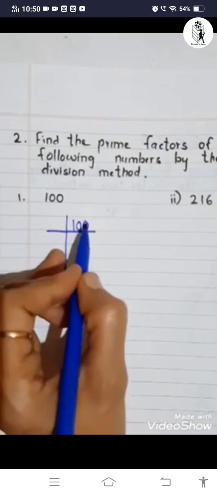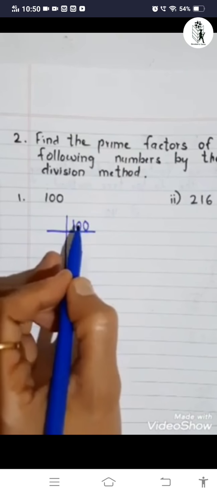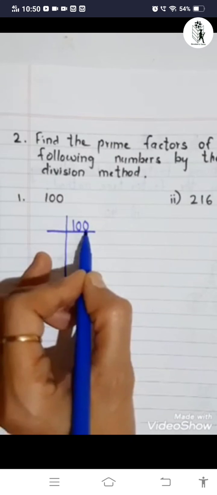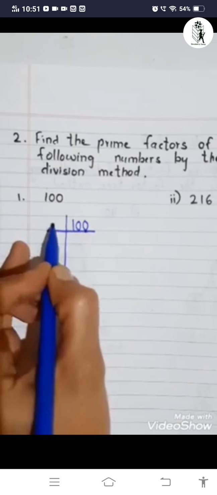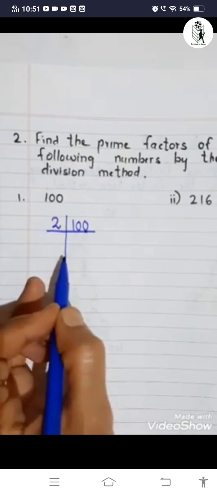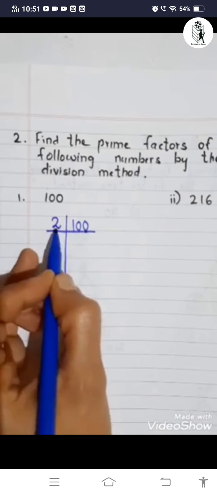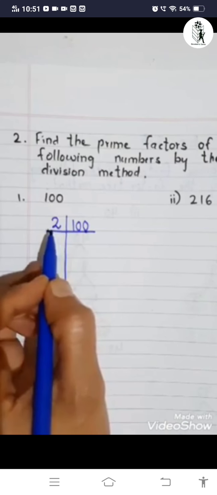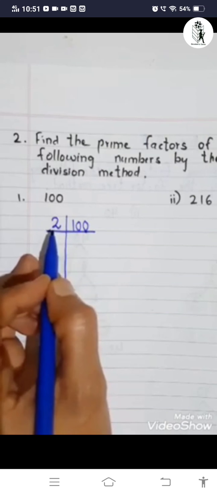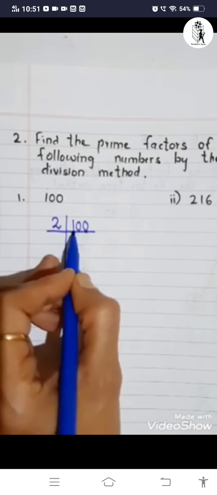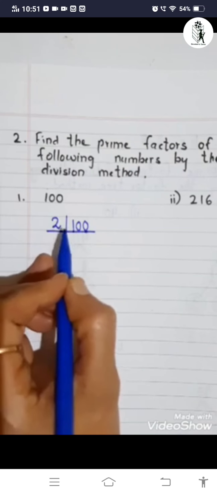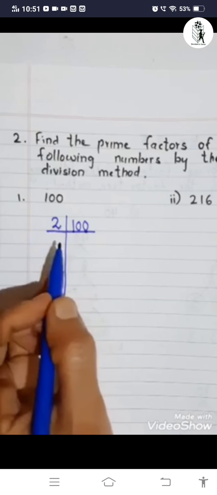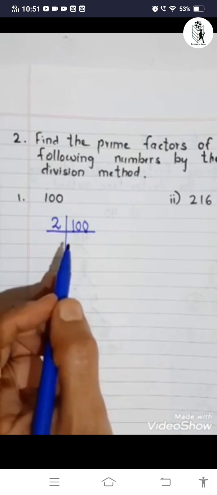Now here, since the last digit is even, and you all know the tests of divisibility very well, the first thing that you have to see is the last digit. If it is an even number, you have to begin with 2. Even if this is divisible by 4, you cannot start with 4 because 4 is a composite number. You cannot start with any composite number. If the given number is divisible by 3, or by 5 or 7 or 11, it's fine, but not to begin with a composite number. It becomes wrong if you take a composite number.